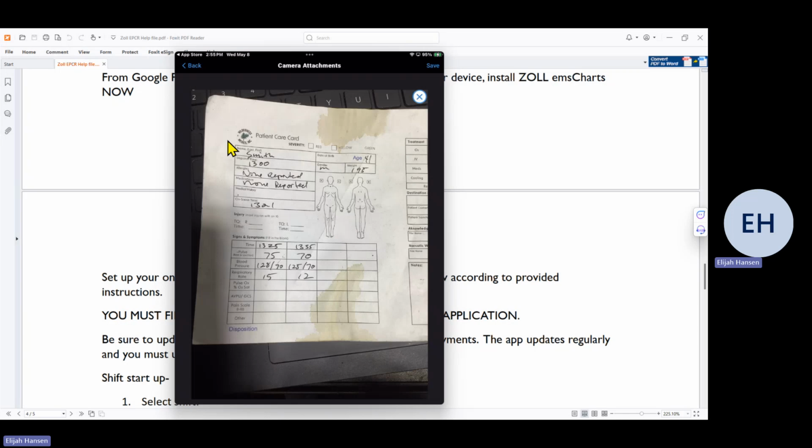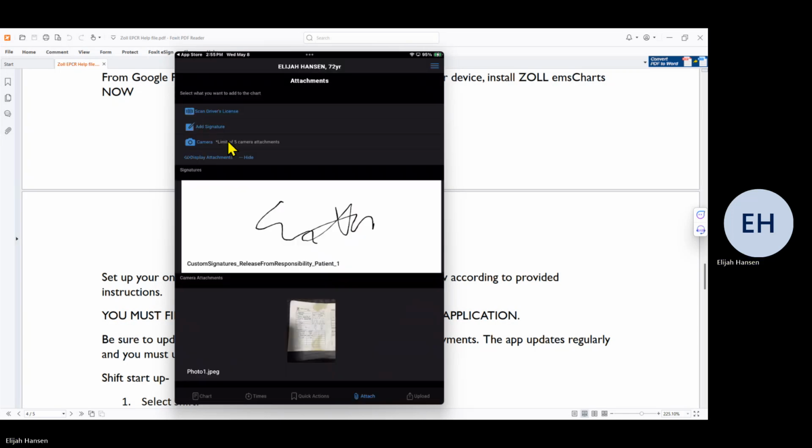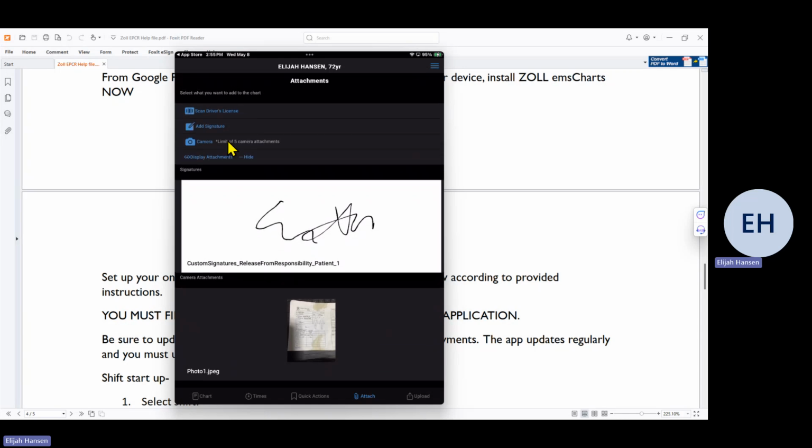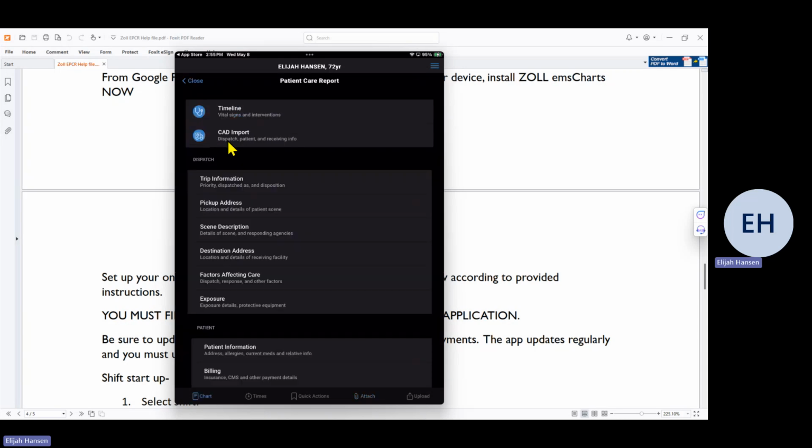I'm going to save it. And you can see on this attachments page, now I've got a copy of my signature and this document, and that's good. Now, the guy's gone, I can go back to the chart and complete the information